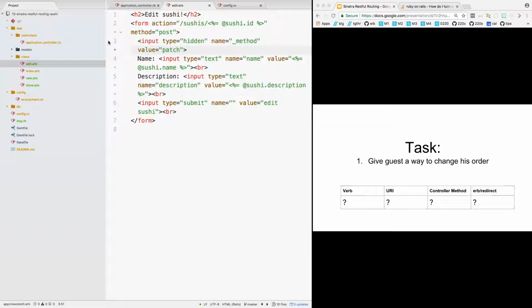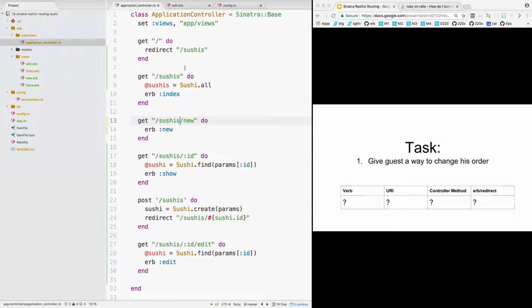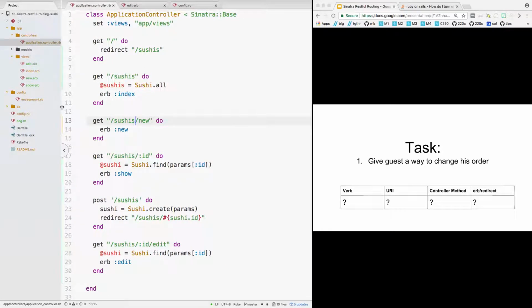Is it possible to achieve the same thing with just a POST request? Yeah, but don't. Stick with the correct verbs. Okay, so